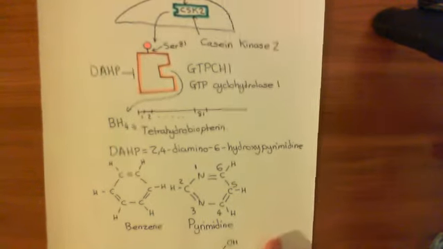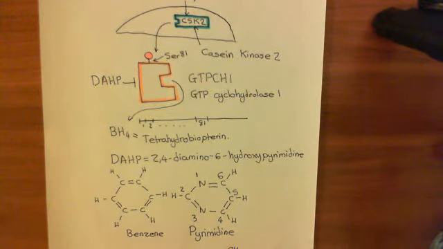Right, so basically what we're going to do is we're going to get our HUVEC cells, expose them to a shear stress, and give them this drug, 2,4-diamino-6-hydroxypyrimidine, and see what happens. When you expose them to the increased shear stress, you're going to get the activation of the eNOS enzyme by those 2 pathways which we've seen already. The TRPV4 channel will open, allow calcium in. Calcium will bind to calmodulin, forming calcium-calmodulin complexes, which will activate the eNOS enzyme.